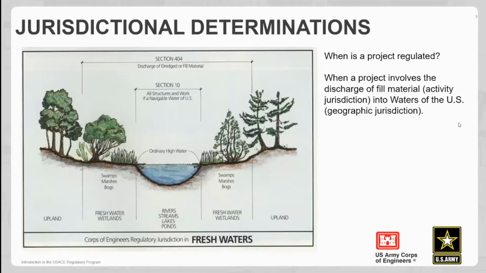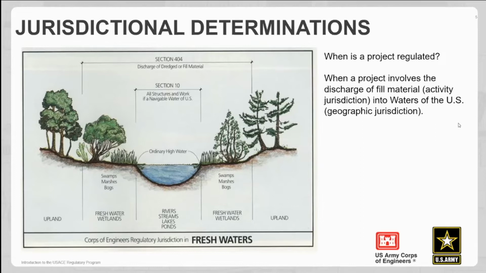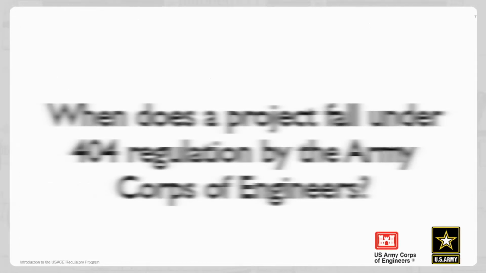In rivers, streams, lakes, and ponds, our jurisdiction begins at the ordinary high water mark. Anything below the ordinary high water mark is considered jurisdictional under Section 404 of the Clean Water Act. Beyond the ordinary high water mark, when you get into wetlands, our jurisdiction begins at the boundary between where the wetlands transition into upland. It's known as a delineation. We'll go out and delineate boundaries, or consultants can delineate those boundaries. And that gives us a starting point as to where we might start regulating a project.